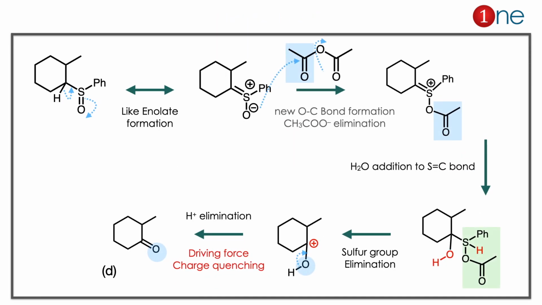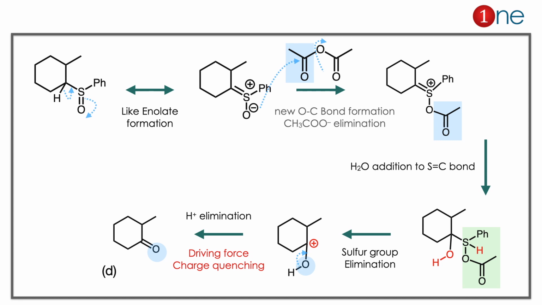The starting material has a sulfoxide, and you can write it like a ketone. So you can write enolate formation. So you have the charge balance there, it's kind of an ylide. So positive charge and negative charge, you have a double bond. Then you have acetic anhydride where it will attack. So oxygen possesses the negative charge, and it attacks the anhydride there. You have CH3COO minus elimination. So you have new O-C bond formation.